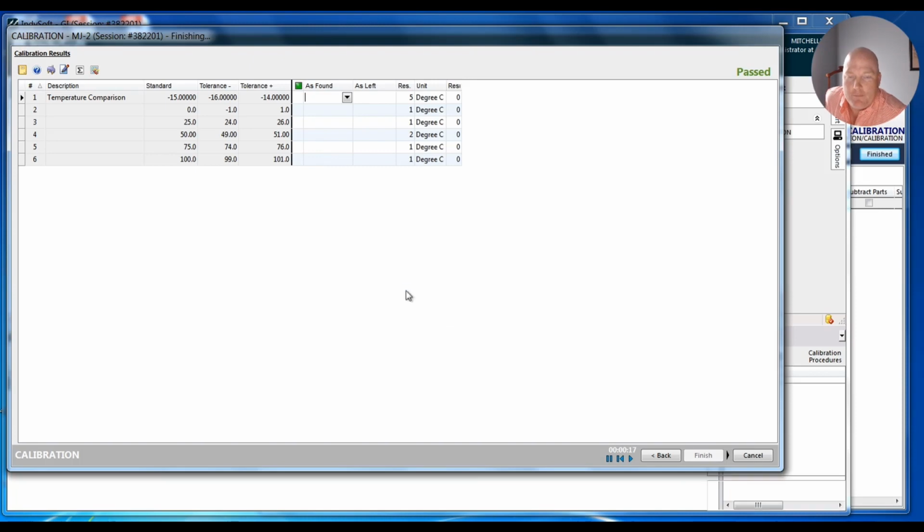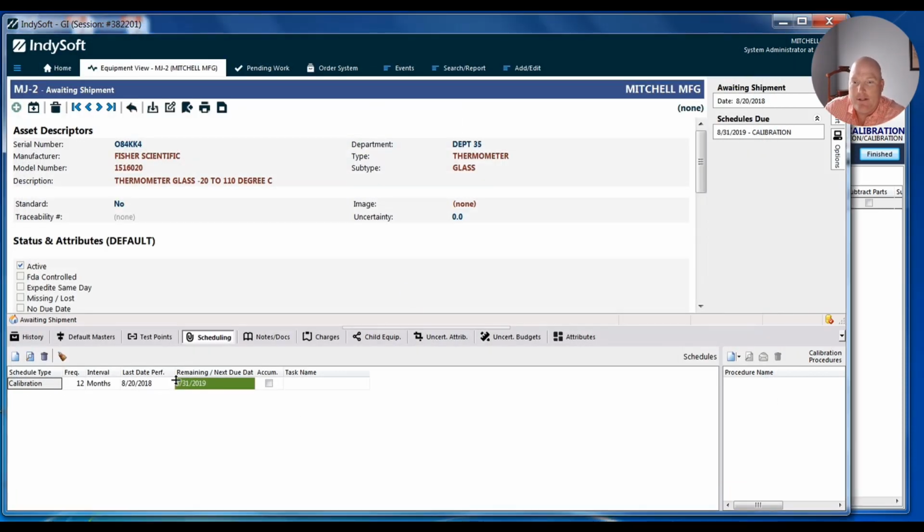When I mark this as complete, you're going to see that, right? So if we take a look here in my scheduling tab, which gets updated upon the calibration, my last date performed was 8/20, and then my next due date is 8/31. So that happened globally across the database for any equipment because we set up the global end of the month